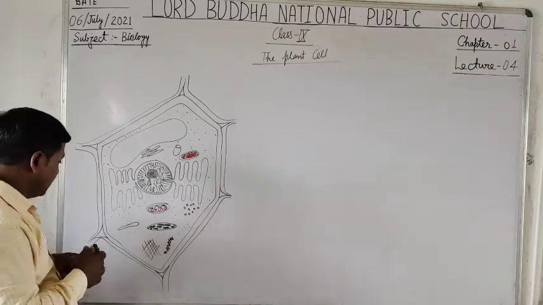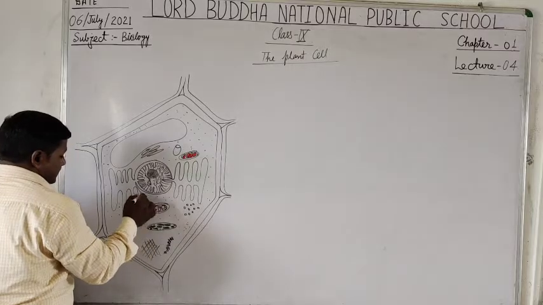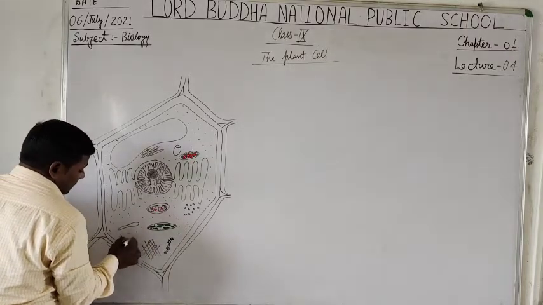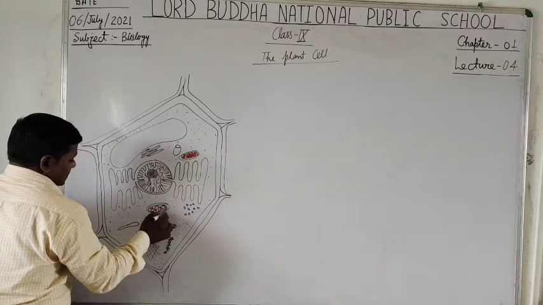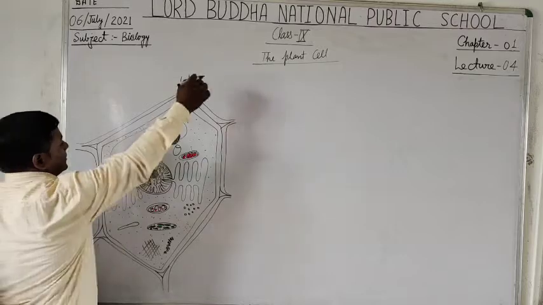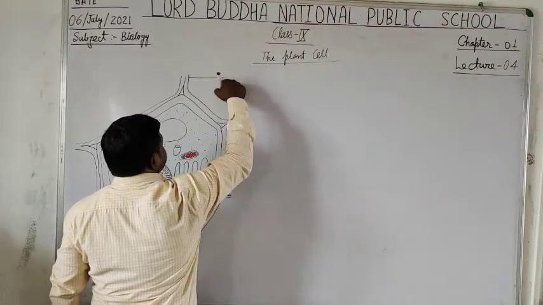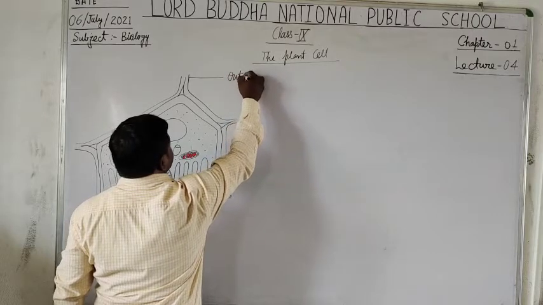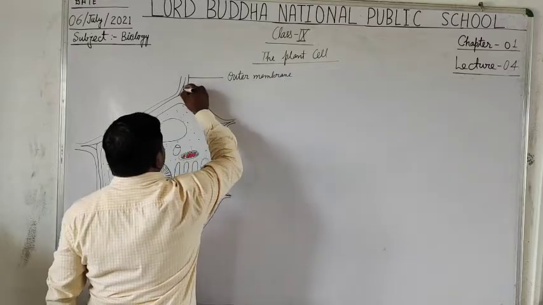And now the other spaces can be covered with the dotted structure that represents the cytoplasm. Now students, I am going to label this diagram. This is the outer membrane, middle lamellary,